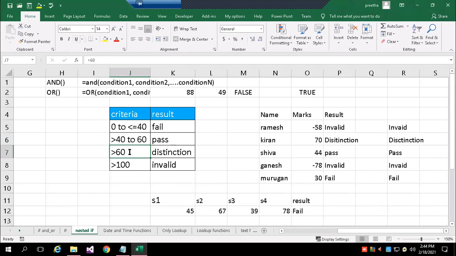Then 61 to 100 is distinction. Above 100 or less than 0 is invalid.